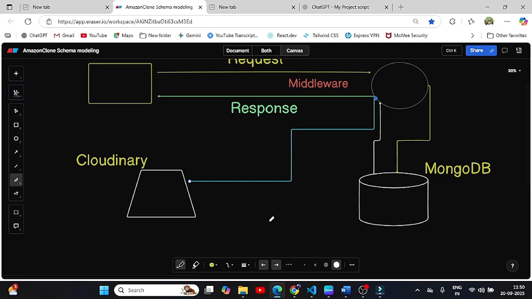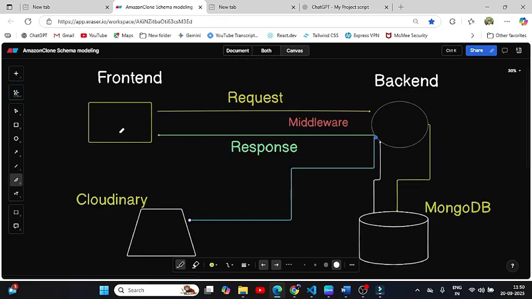You can use Firebase, AWS, or other services, but Cloudinary is totally free. Cloudinary doesn't want any credit card or anything. You have to create an account and you can use it. So we store the image in Cloudinary, and then Cloudinary sends back a URL to the backend, and then we can save that URL into MongoDB,